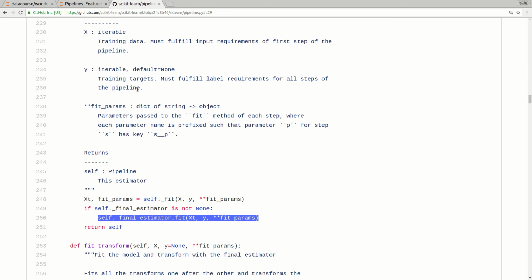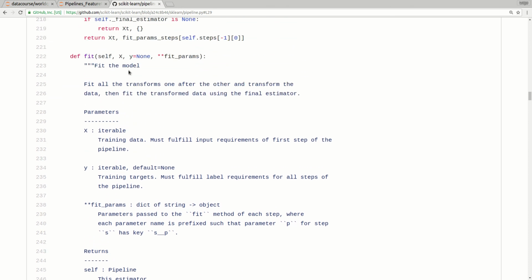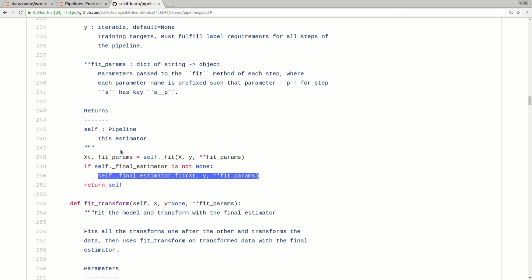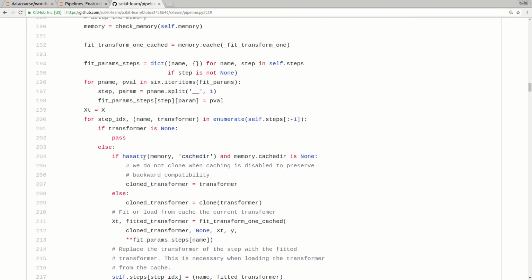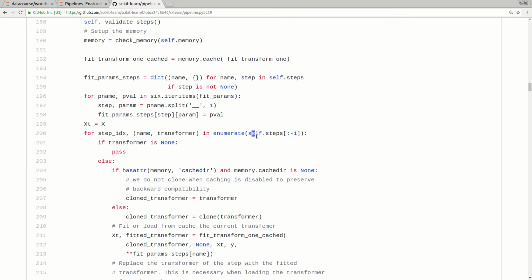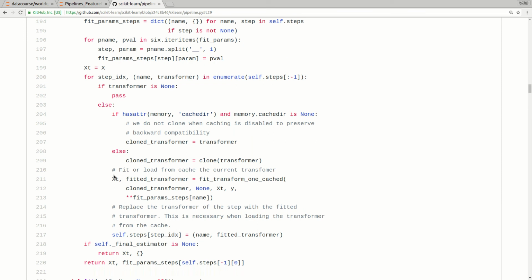It's done quite nicely, and you can really see what's going on. So again, when the fit method of a pipeline is called, the first thing it does is call this private _fit method, and then it calls this final estimator fit. What this _fit method does is take each different transformer. So here, this steps object contains all the different transformers in the pipeline. It does a little bit of fancy stuff, but at the end of the day, it just fit-transforms